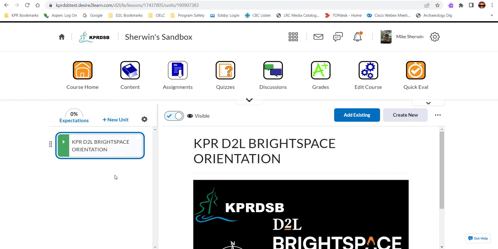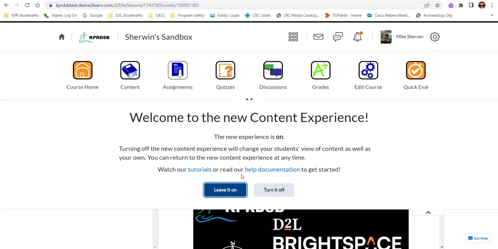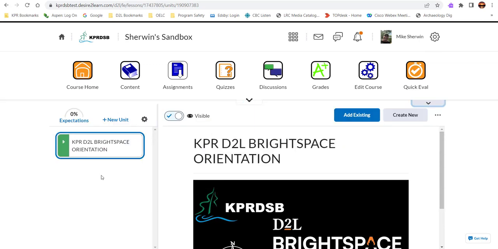If the left-hand column doesn't look like this, you may be experiencing the old content view. To toggle to the new view, click the drop-down at the right here and turn on the new content experience. For this training, we're going to create a new unit